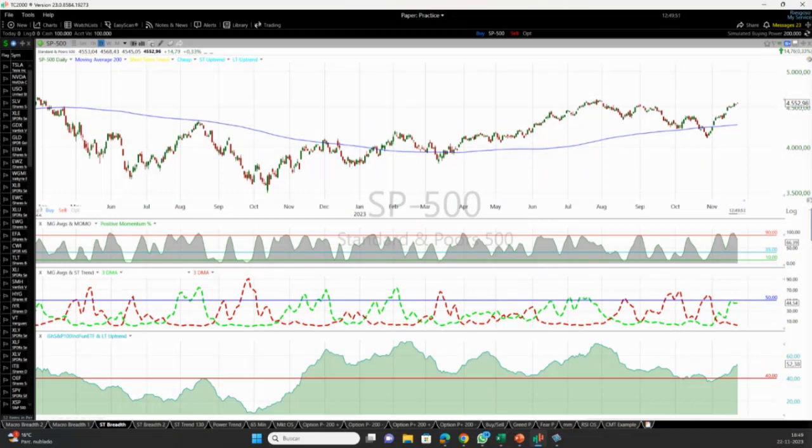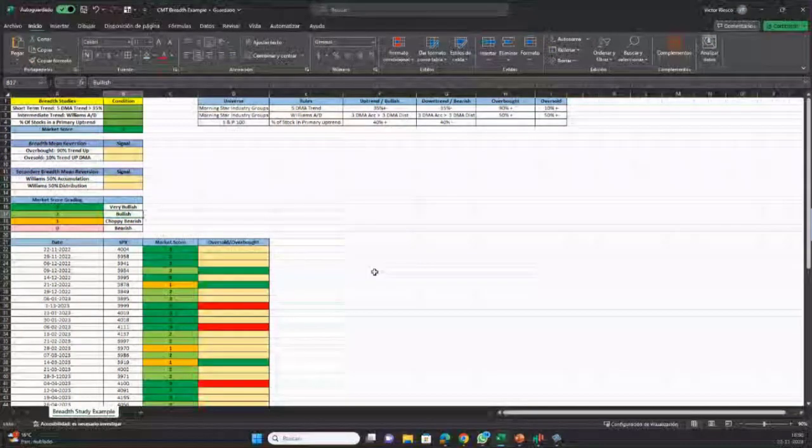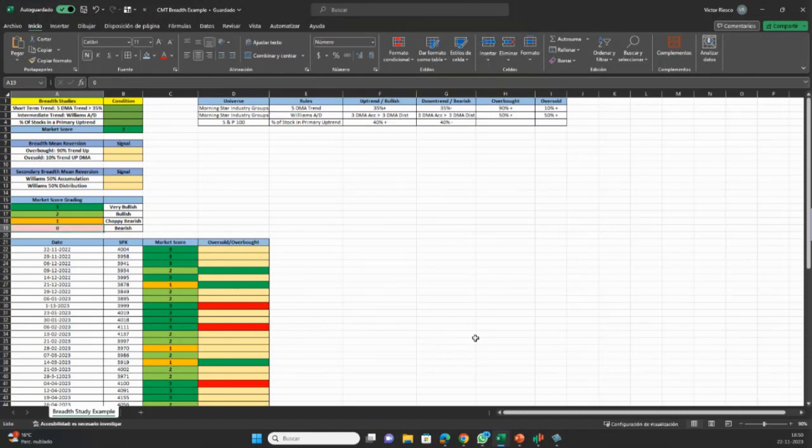And also, how do you use this? Do you go 100% long or short with the score? Well, that depends so much on you. I'm showing you basically here a way to analyze, to study the market, to gauge breadth. Of course, when the market has a higher score, very bullish or bullish, odds are that your long trades are going to work much better than in choppy bearish or bearish, right? But how do you use that? It depends so much on your strategy and your risk tolerance.